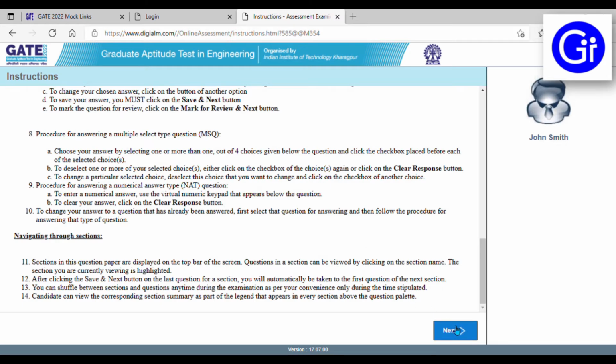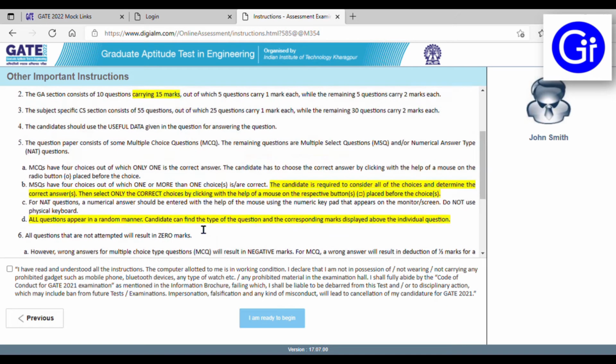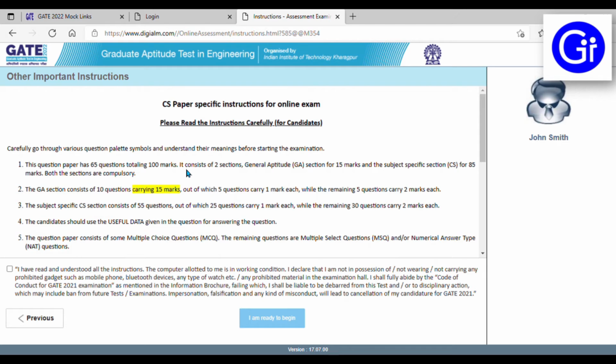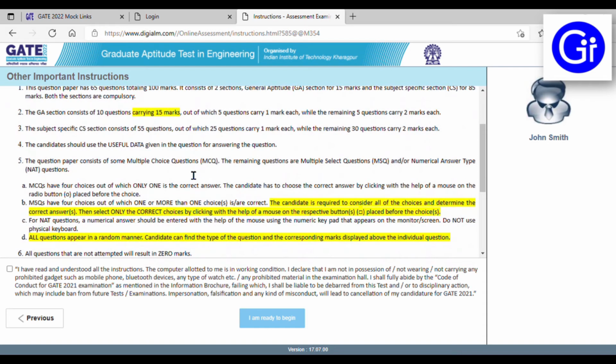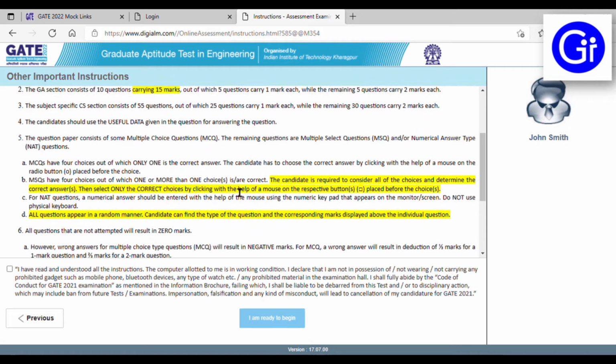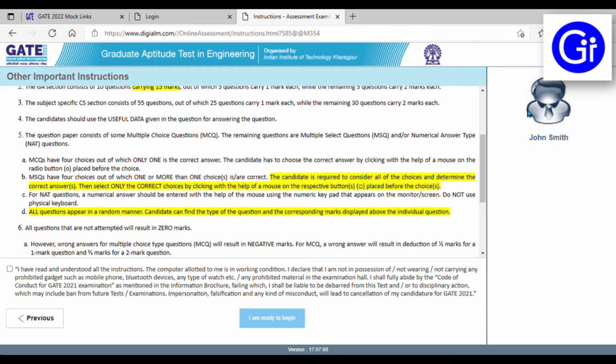On the next page, again they have given all the instructions, like how many questions will be there, and how many marks the questions will carry. How many questions will be numerical type, and how many will be MCQ. All the information you will see here, and on the right hand side there will be your photo.